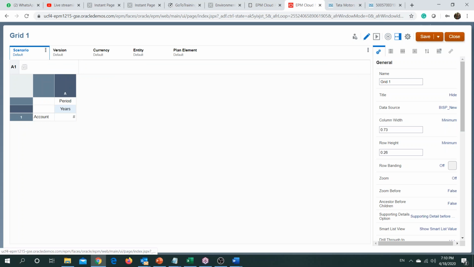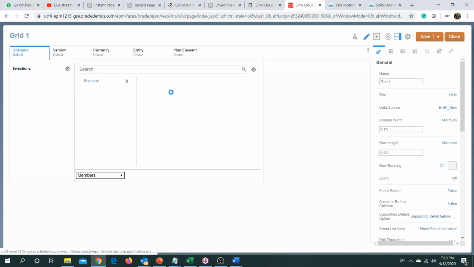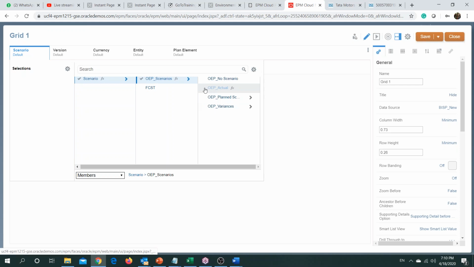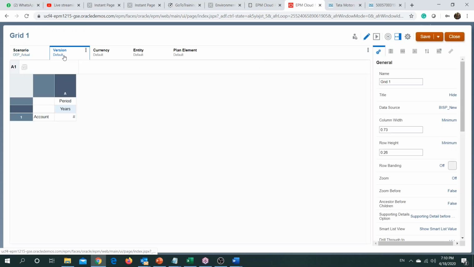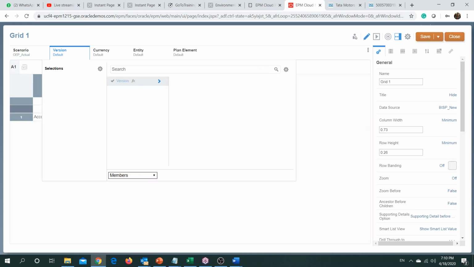So say we have our information for actuals. So select your scenario accordingly. So this is how you source your information using the cloud version, and I'm currently using my planning application. You will provide the version.